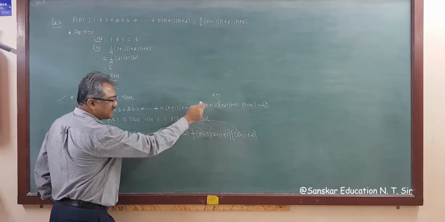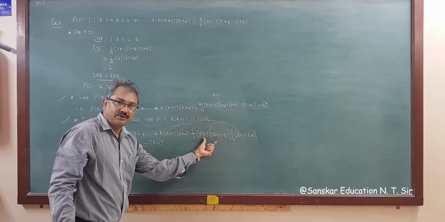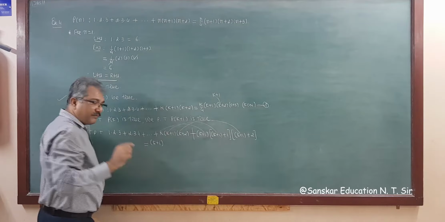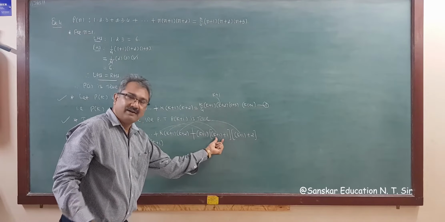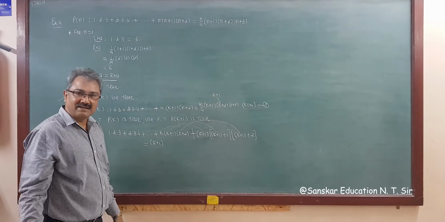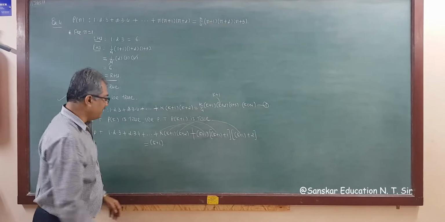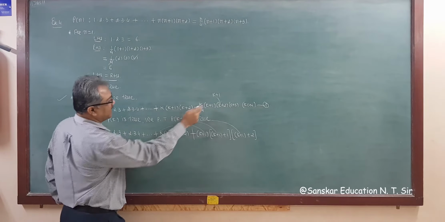So this is k plus 1. No need to write here also. You can write directly here also. Got it? So from the next example onwards, we are never writing like these types. We are writing directly k plus 2, k plus 3, k plus 4, whatever the simplification is. Okay? You understood, right? So now this is k plus 1.